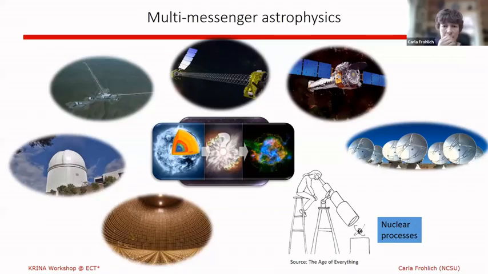All right, so what I want to do is talk about core collapse supernovae, for which you see this little cartoon in the center, and talk about the different signals we can obtain from them, but also not only focus our telescope upwards, but also focus the telescope downwards to the nuclear processes and how these things are connected.